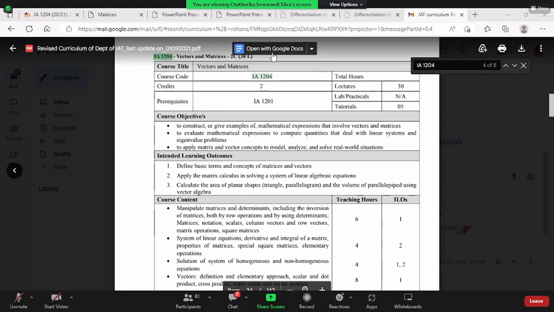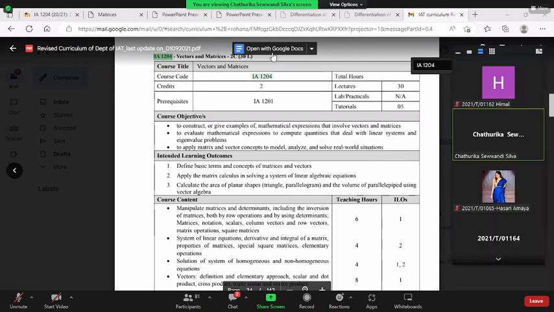During the previous semester you experienced two maths courses: one is basic mathematics and the other is pre-calculus. With that foundation, you are now coming to much more advanced courses on vectors and matrices. For matrices, some parts have been covered by Dr. Lakmini under basic maths. Other than that, there are some other parts that we have to cover under this, and vectors is also here.